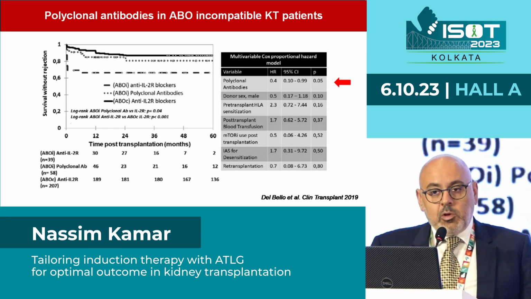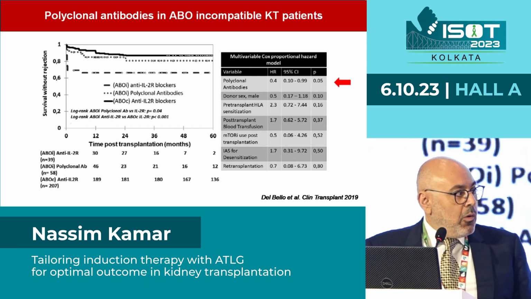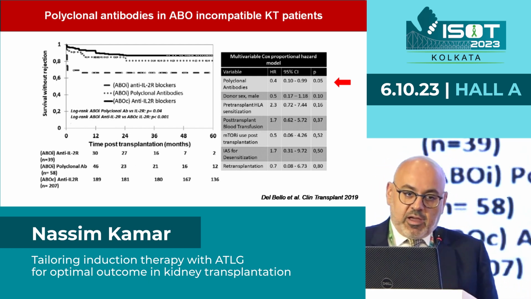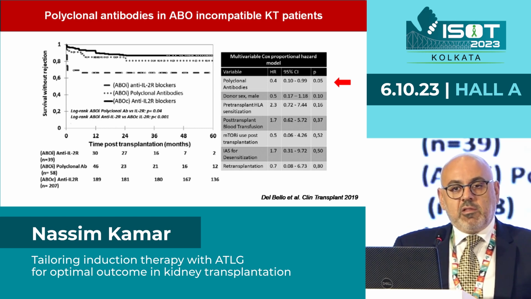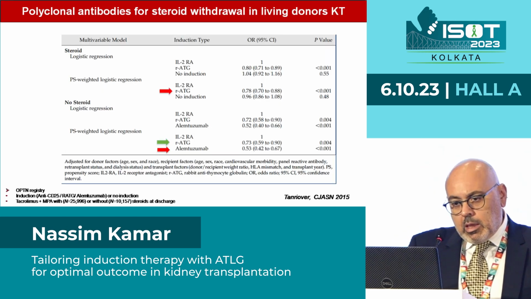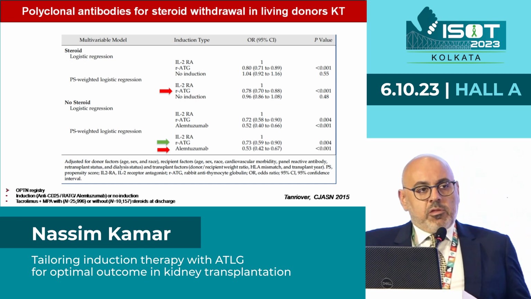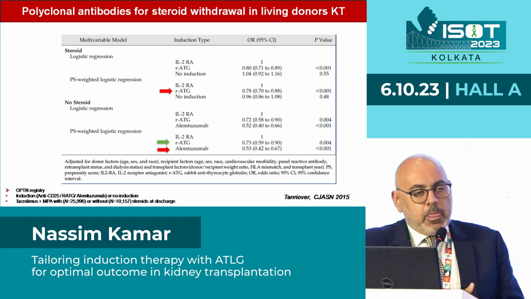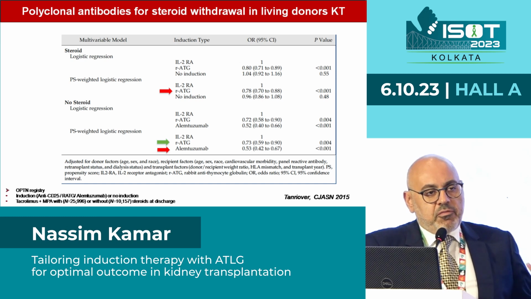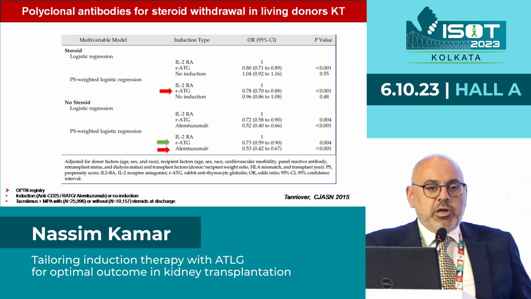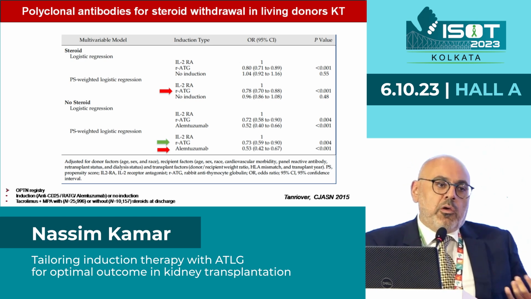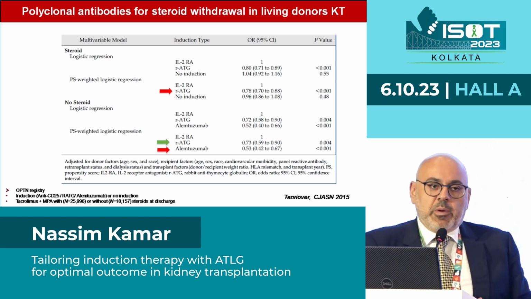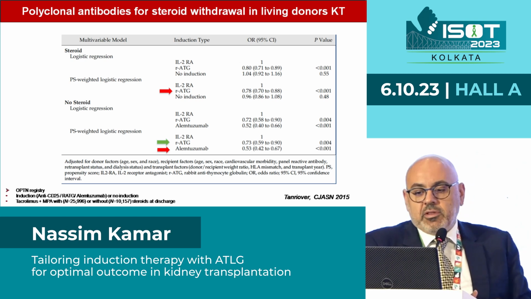And by means of a multivariate analysis, you can see that the use of polyclonal antibodies was an independent predictive factor of not having an acute rejection compared to basiliximab. As I told you earlier, one of the risk factors is the death of the patient with a functioning graft of cardiovascular disease. This is why we are trying to avoid steroids in some patients, especially if they have some high risk for diabetes,